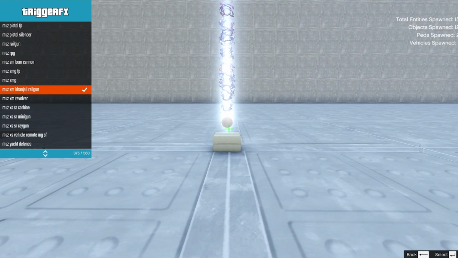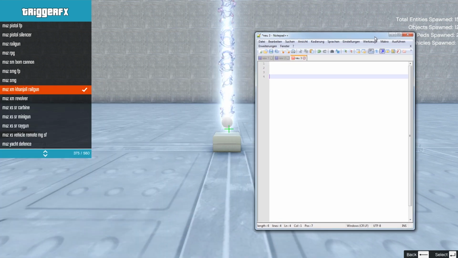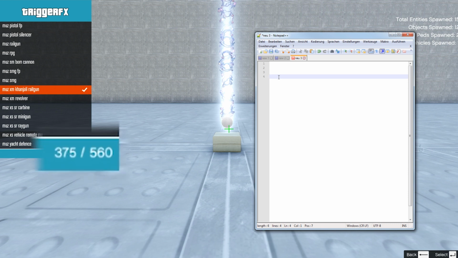Once you have found a cool effect, I highly recommend that you write down its name. You can do that on a piece of paper, but if you don't want to be responsible for trees dying, just do it in Notepad++ or something. In addition, you should add the category and number of said effect, which you can see down on the right corner. That way you can scroll through the list really fast to find the right entries.